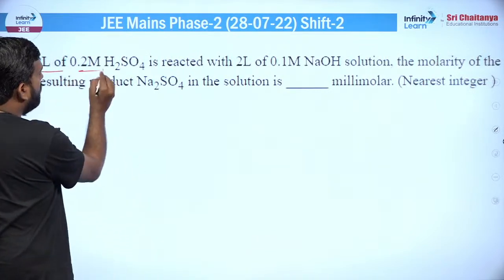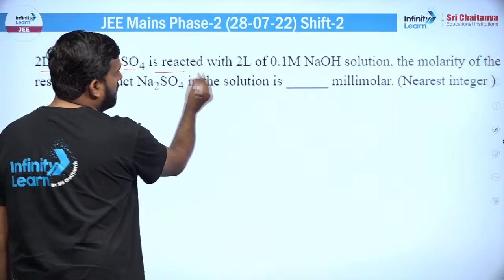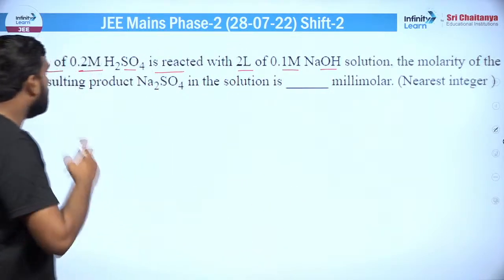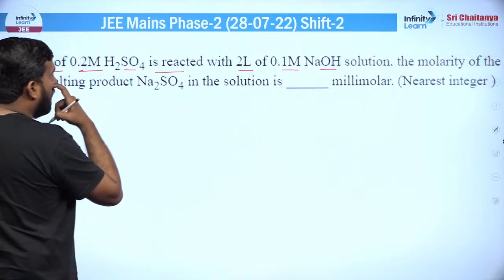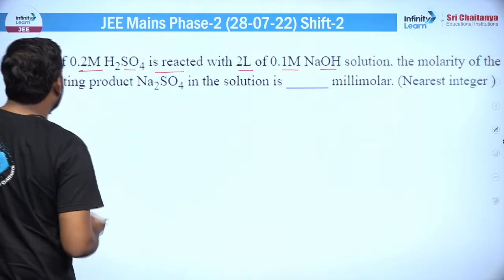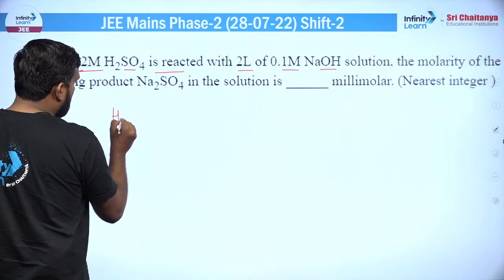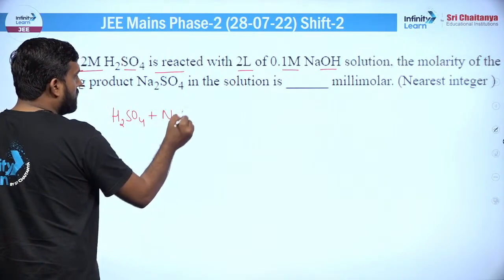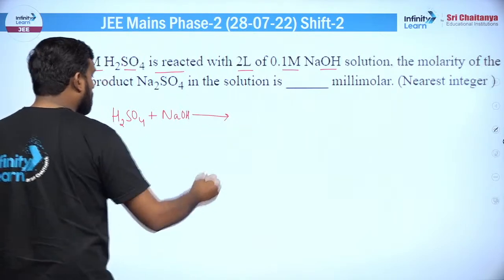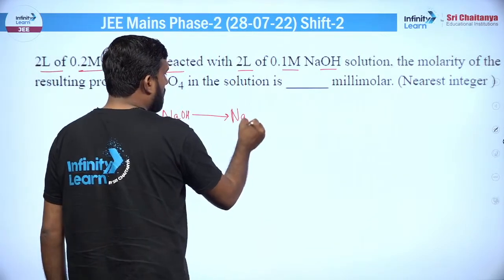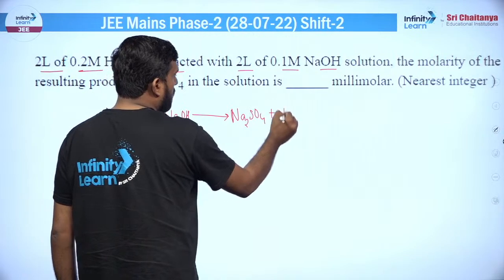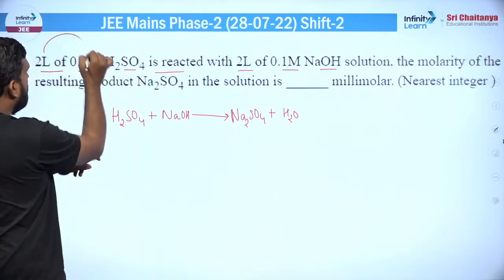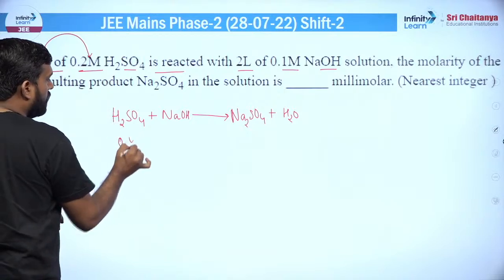2 लीटर ऑफ 0.2 मोलर H2SO4 is reacted with 2 liter 0.1 molar NaOH solution. The molarity of the resulting product Na2SO4 इन द सोल्यूशन। देखो तो हो क्या रहा है, आपने एक रिएक्शन कराई है H2SO4 की along with the NaOH। तो जब आप रिएक्शन हो रही है तो बेसिकली क्या बन रहा है बेटा, आपको Na2SO4 मिल रहा है और साथ में आपको वाटर मिल रहा है। अब आप क्या कर रहे हो, इसके मोल्स अगर देखोगे तो 2 लीटर इंटू दिस यानी 0.4 मोल्स हैं, इसके